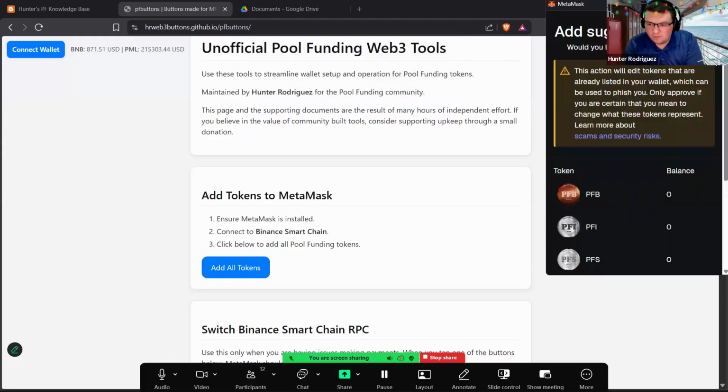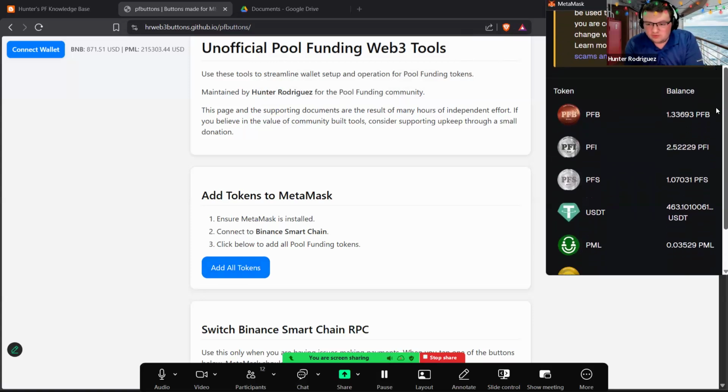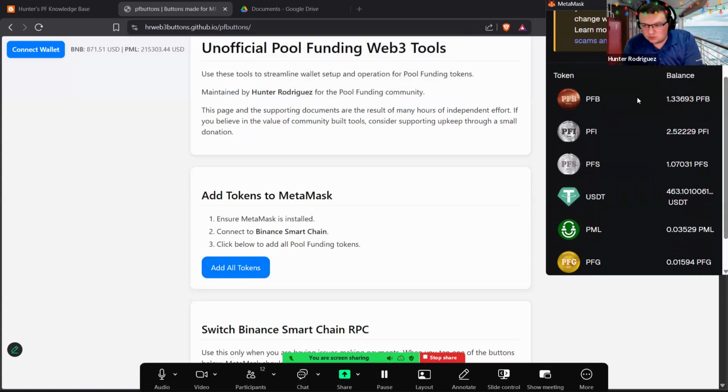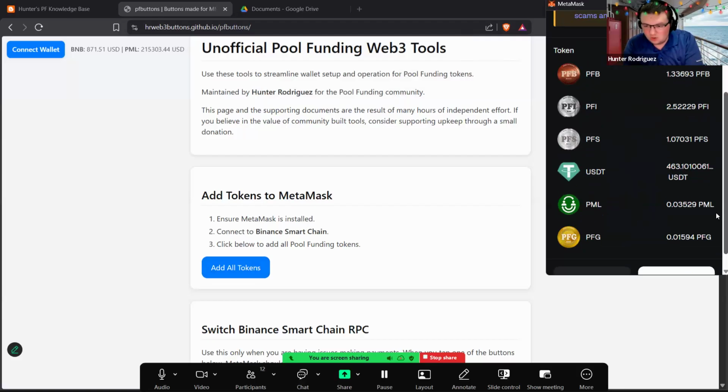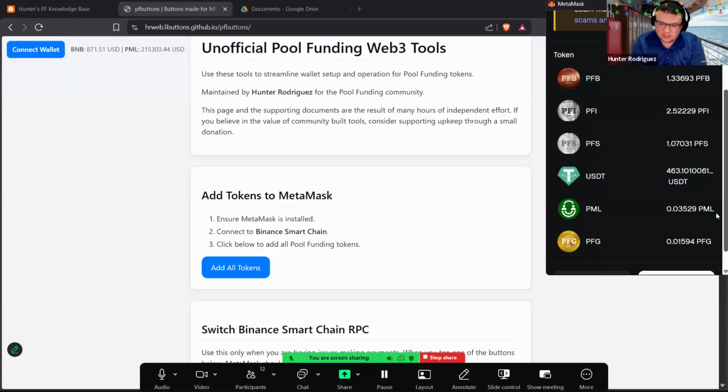And MetaMask will pop up with the add suggestion tokens request. And as you can see here, we can see a token suggestion for PFB, PFI, PFS, USDT, PML, and PFG. So that's all six of the tokens that we use,